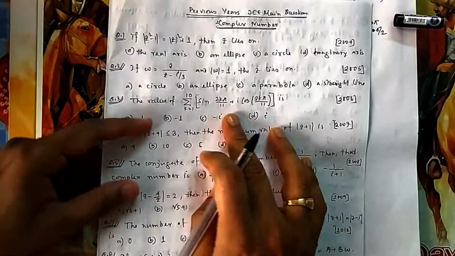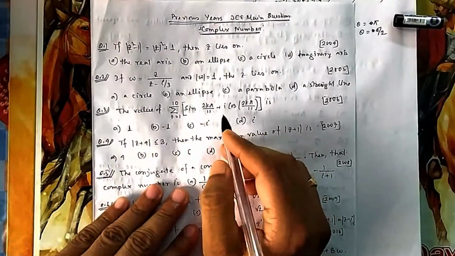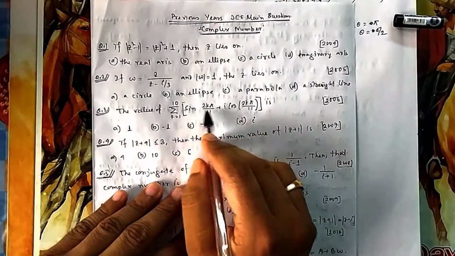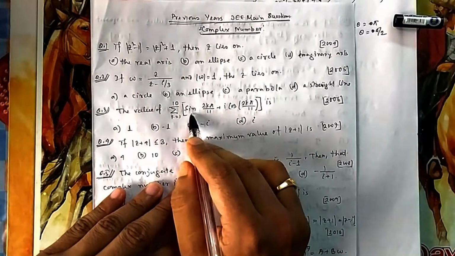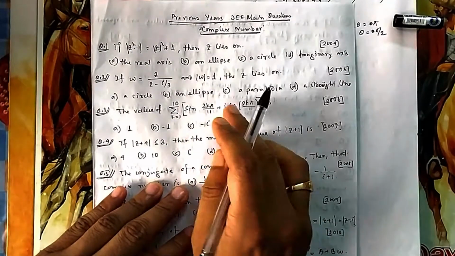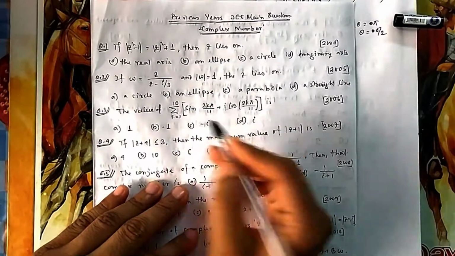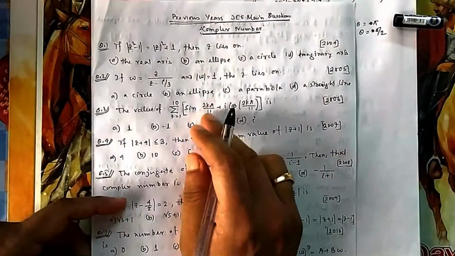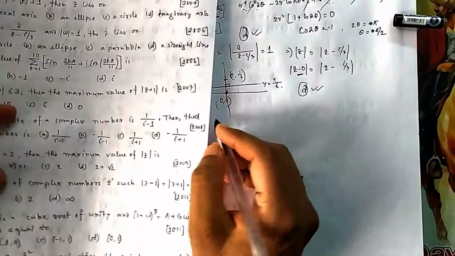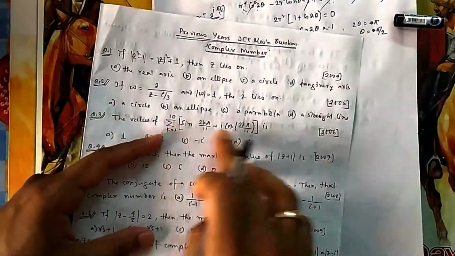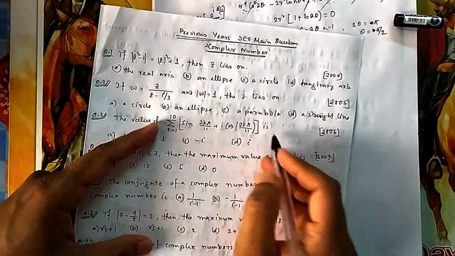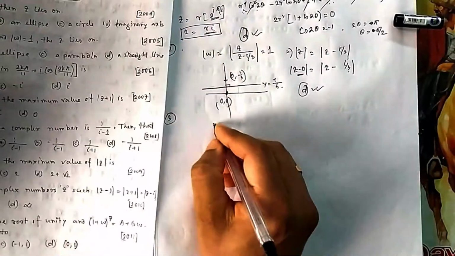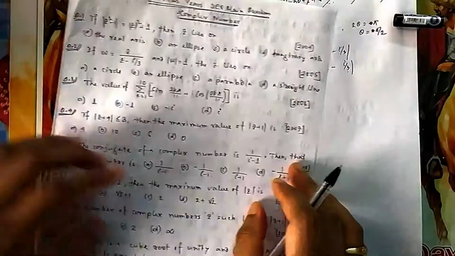Now this one, if you see, it is something of cis theta format, but they are given in different formats. Sine is here, i is generally with sine, but here i is with cos. So you can change the position anytime by multiplying by i. If you multiply the whole series, because this is a series, you can multiply by i on both sides. Suppose I take i common out of this summation, from all terms, that's why i is coming out of summation.